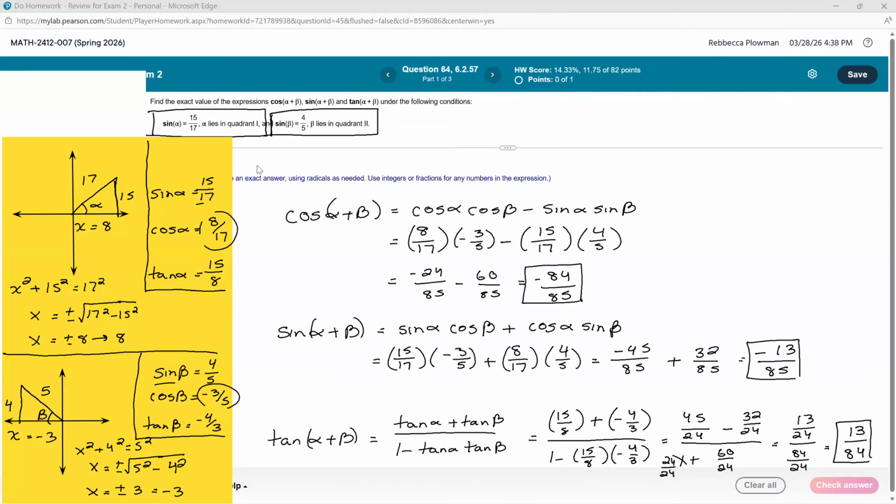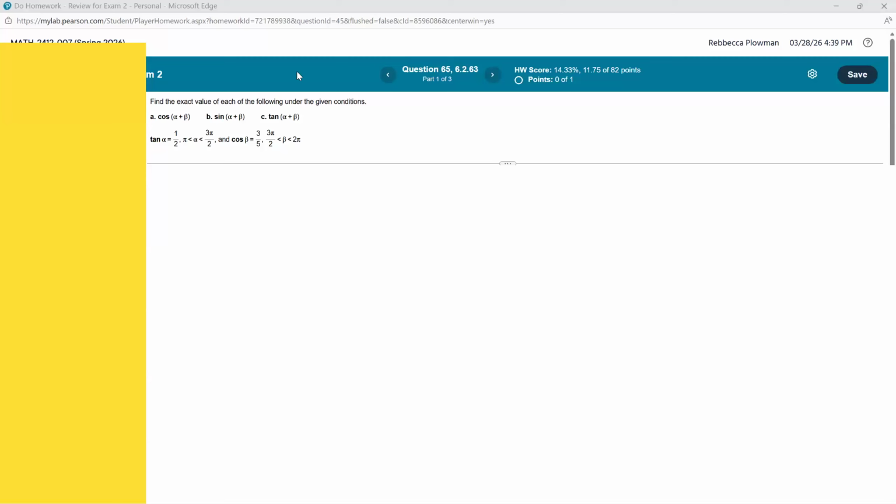All right, and I'll do this one more time. So we want to find cosine alpha plus beta, sine alpha plus beta, tangent alpha plus beta. But this time, what we are told,